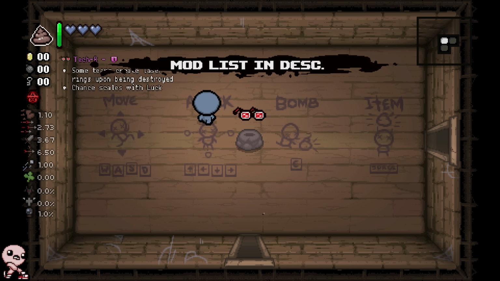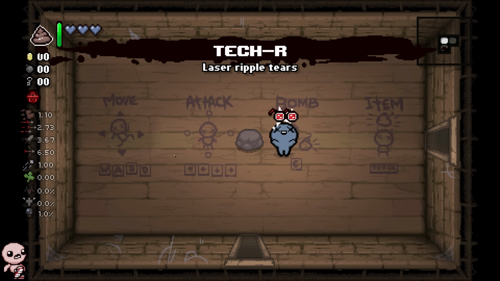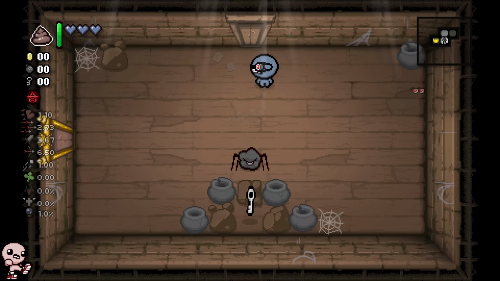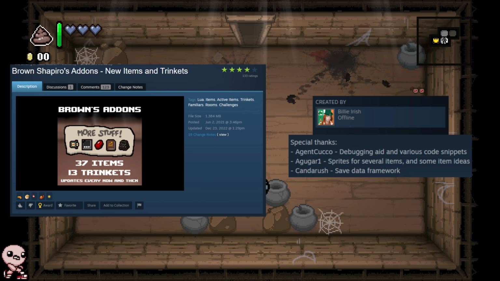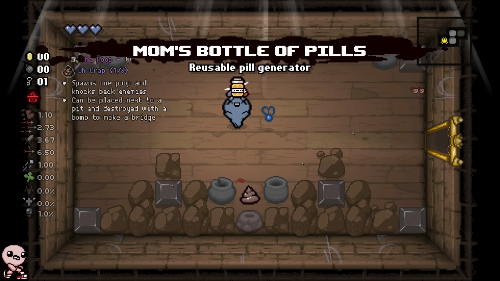I felt like it had been a hot minute since I've really taken a look at some modded items, and after playing Birthrong, I got a little bit inspired, not gonna lie. I wanted to take a look at Tech-R, which gives you a chance to shoot Ripple laser tears. This is part of Brown Shapiro's mod pack. I was very interested in this, and I thought it was also a good opportunity for me to hit the